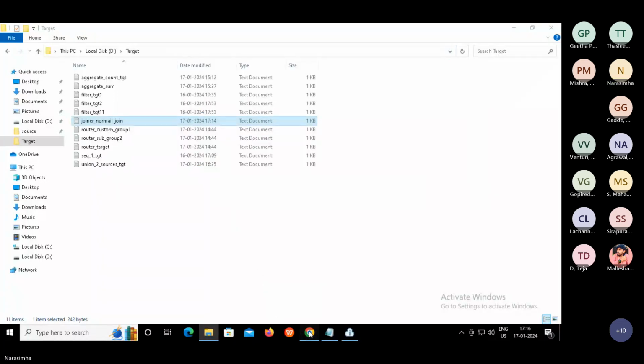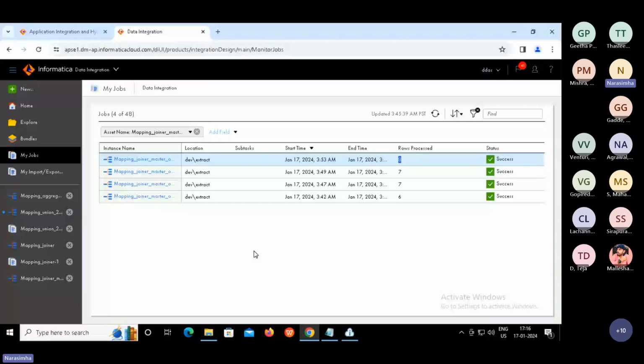So now, logically speaking, it is always advisable to use this particular joiner transformation after sorting, because sort arranges the data either in ascending or in descending order. After that, if you use this join, it happens a bit faster, because if you don't use order, the joiner has to index first, then start performing the join. That's about joiner, guys. So can we move on to another transformation, if it is clear?